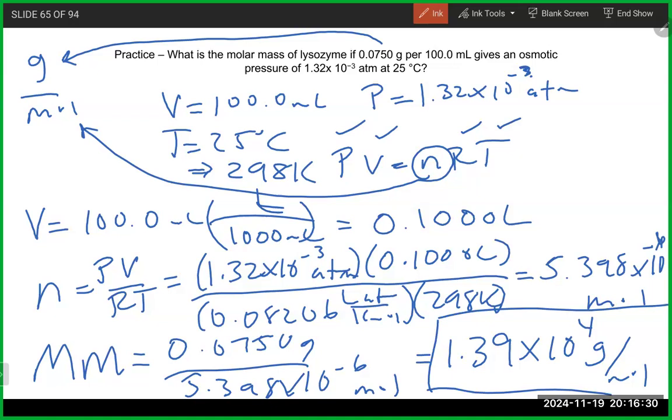Yeah. Any questions on that there? So again, osmotic pressure calculation, pretty much identical to what we did in the gas chapter when we were talking about molar mass calculations, or just in general, just the ideal gas law calculation. If you were calculating just the osmotic pressure, it basically would just be P out of the ideal gas law. Any questions on that? Okay, so